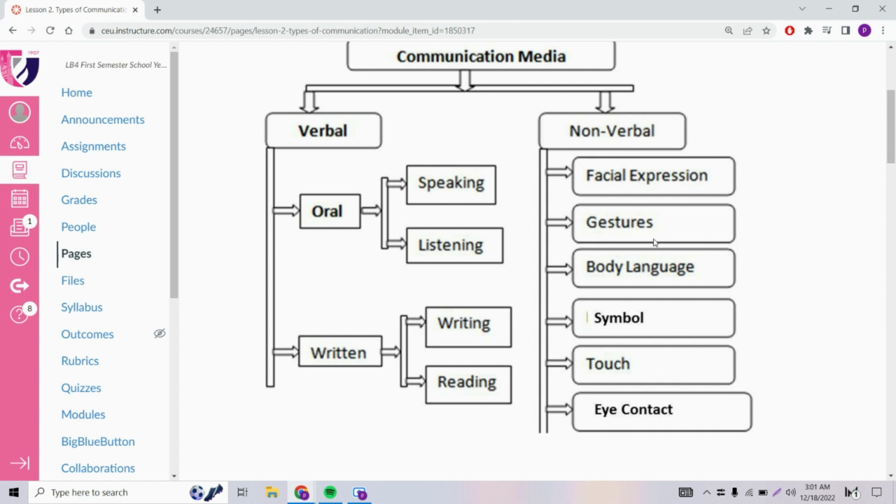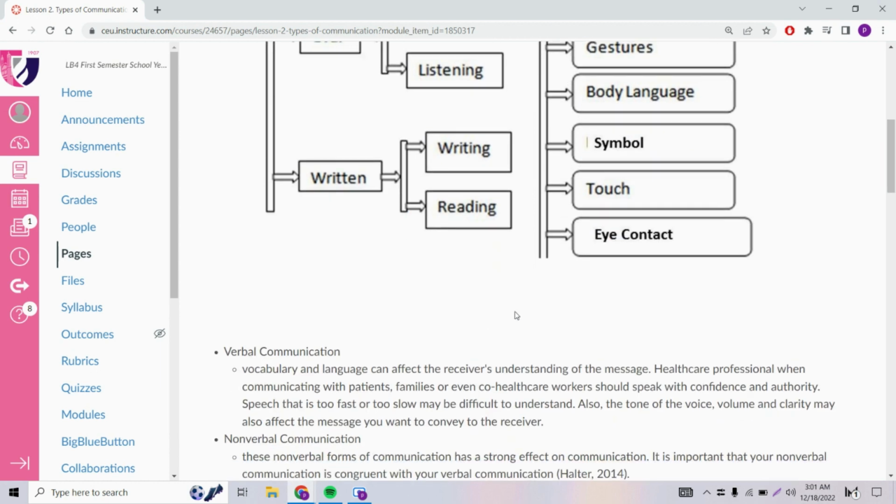As a medtech class, ako ang pinaka-common sa akin na non-verbal na is gestures, body language, and even touch. Sa partner ko class, when I have a partner, I like to be more on the facial expression pag nag-away kami. Pinapakita ko na naiinis ako, but I don't say, that's just an example.